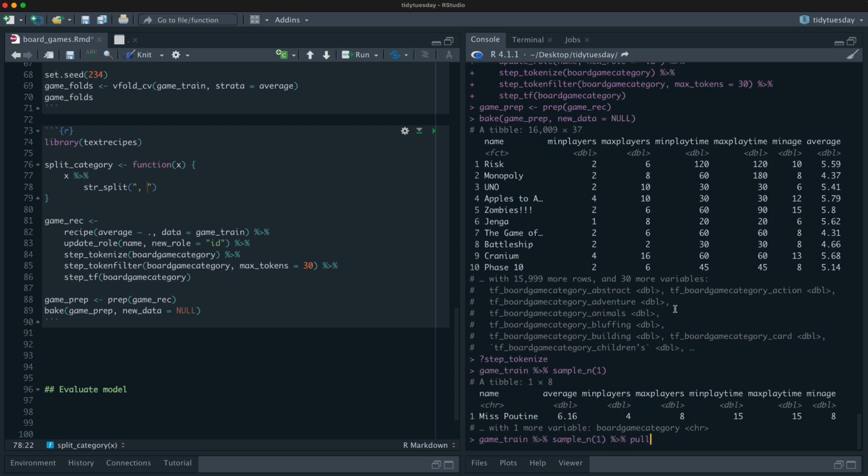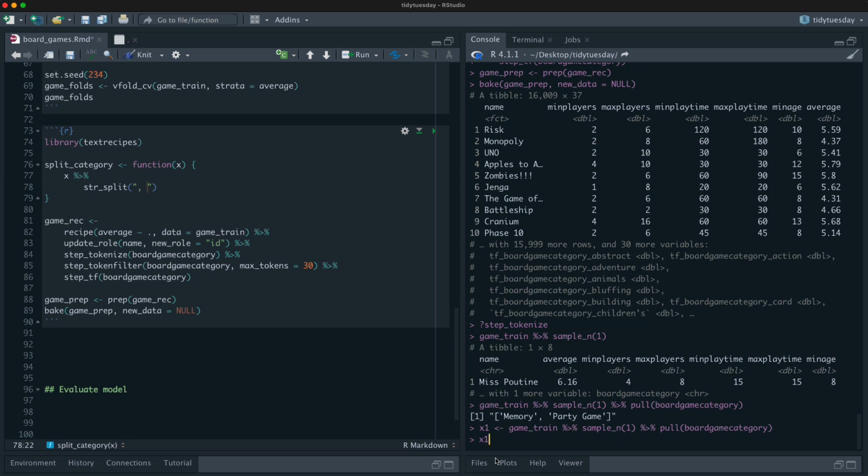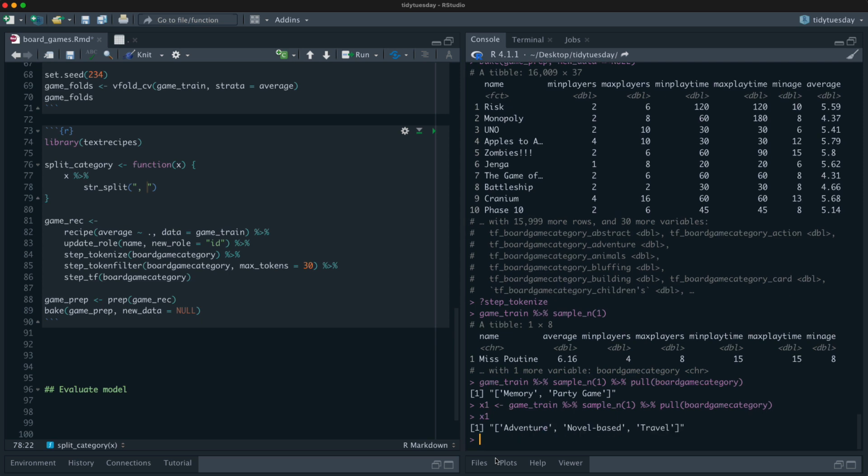I am going to pull out the board game category. There, well, I didn't set a seed, so who knows? Let's call this X for now. I don't want to overwrite anything in scope-wise. Okay, perfect. It has 3 items in it. All right, so if I say